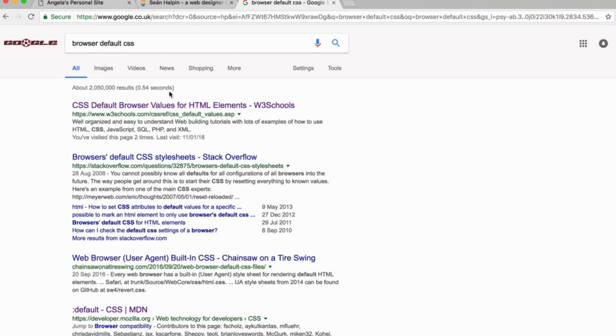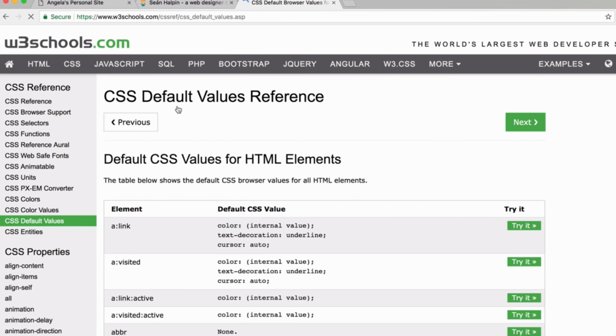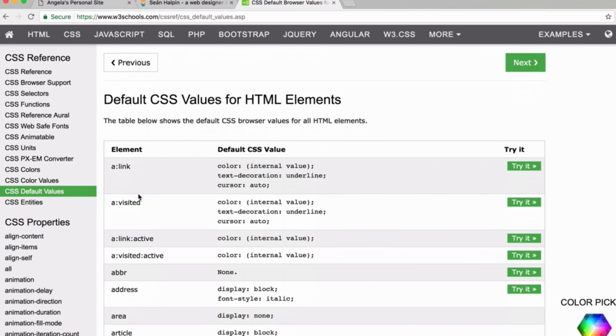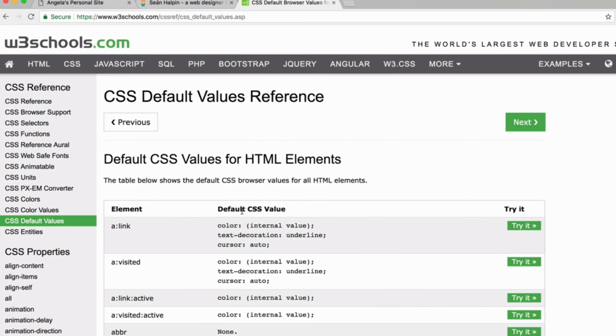And you can see that the first thing that we get is actually from W3 Schools. So I'm pretty agnostic towards which sources we use as long as they're useful. And Google's always pretty good at picking out which is the most used, or rather most useful links, and put them at the top of your searches. So if we look inside W3 Schools, you can see that all these elements have default CSS values being applied